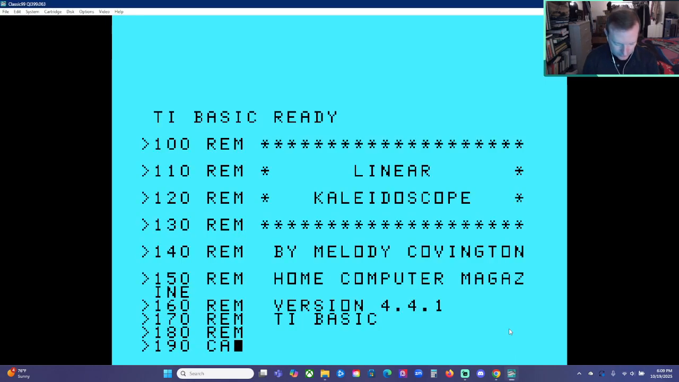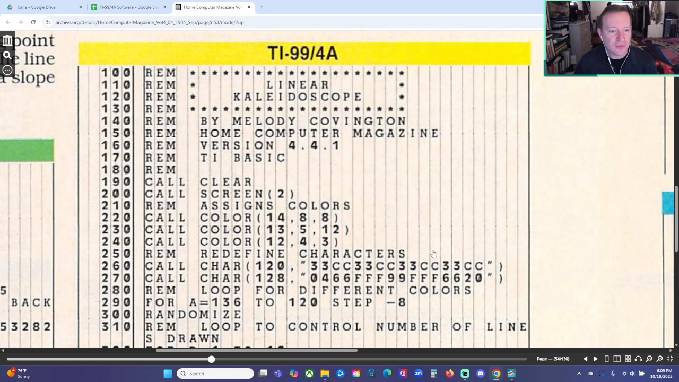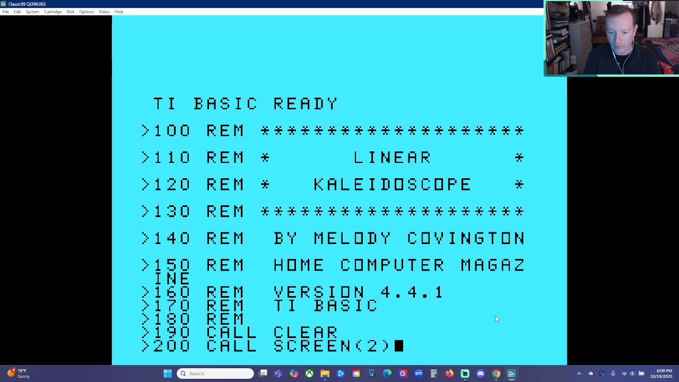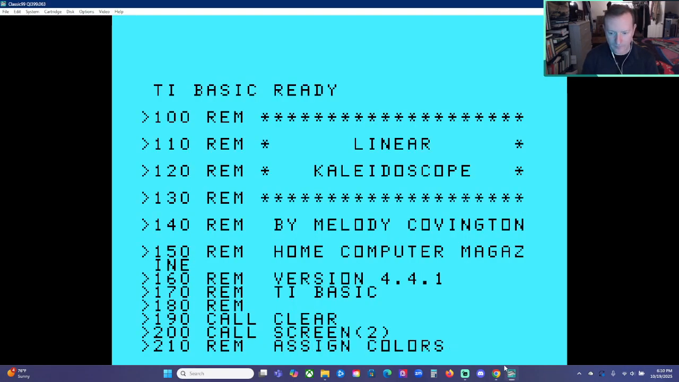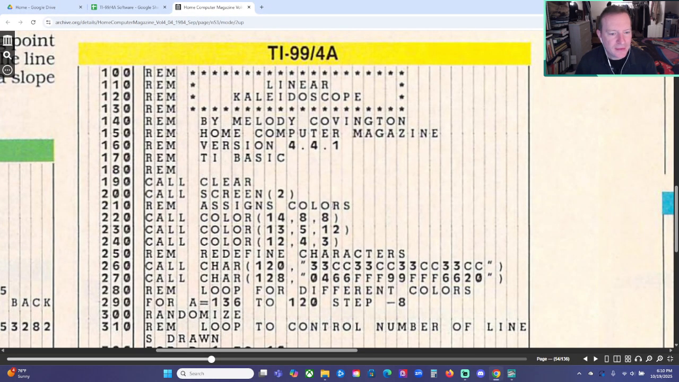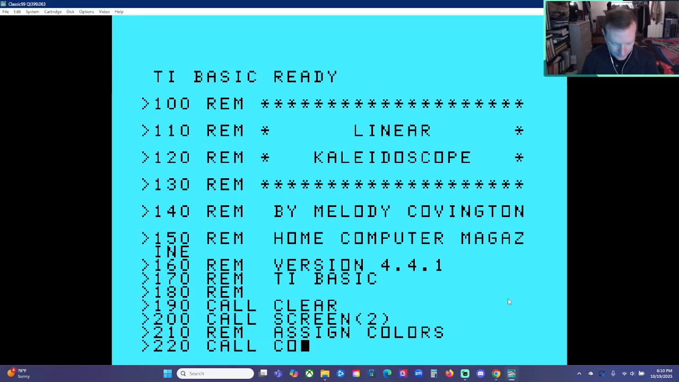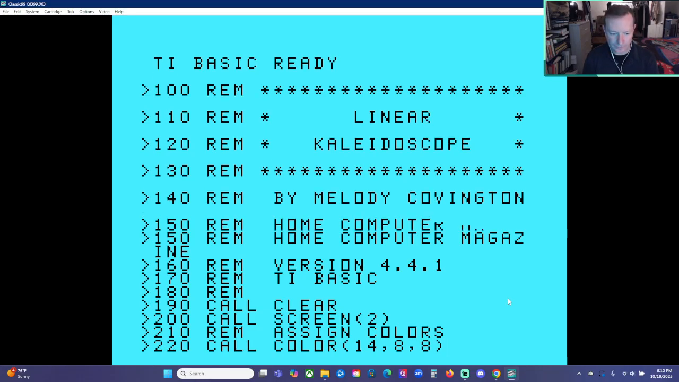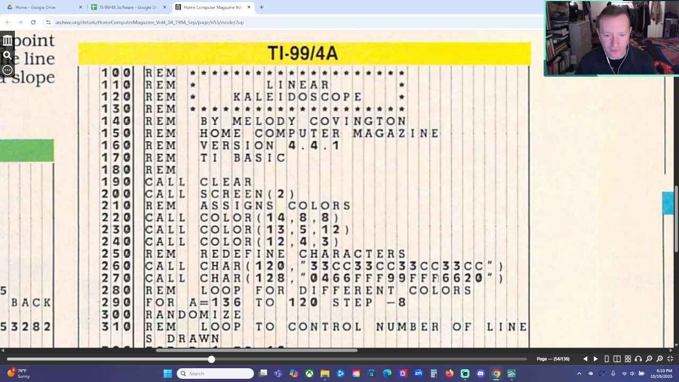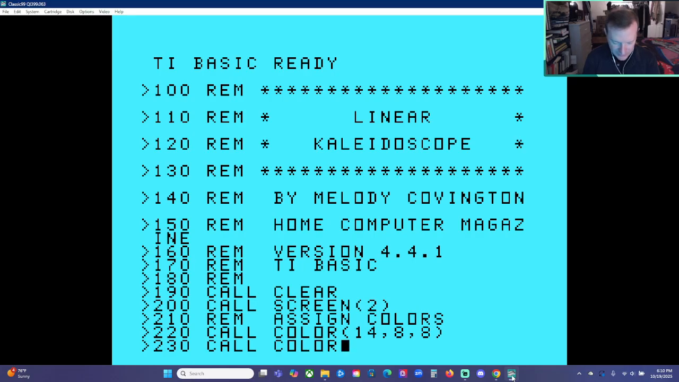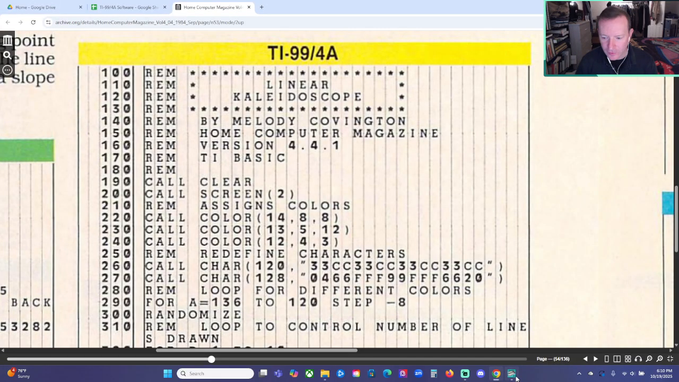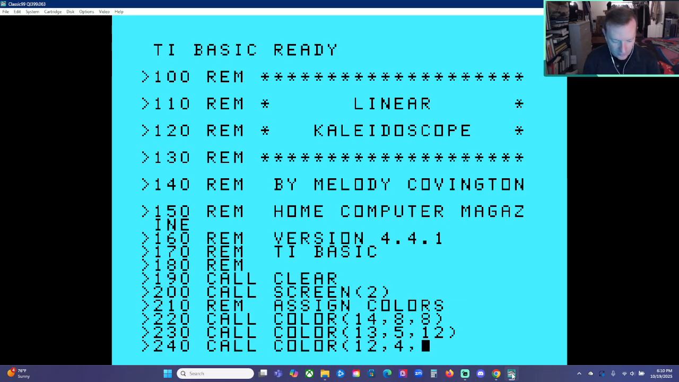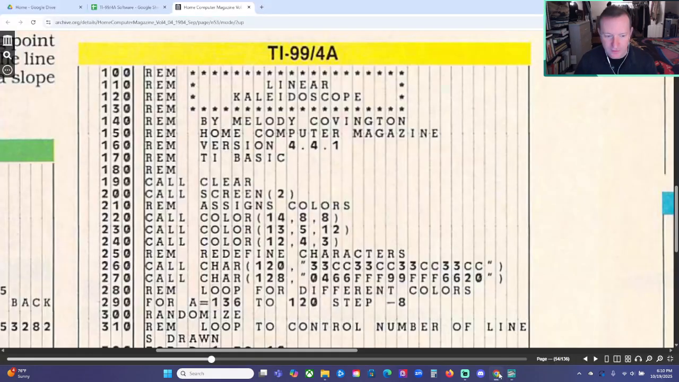190, call clear. 200, call screen 2. That's black. 210, remark sign colors, and looks like 2 spaces there. 220, call color 14, 8, 8. 230, call color 13, 5, 12. 240, call color 12, 4, and 3. 250,